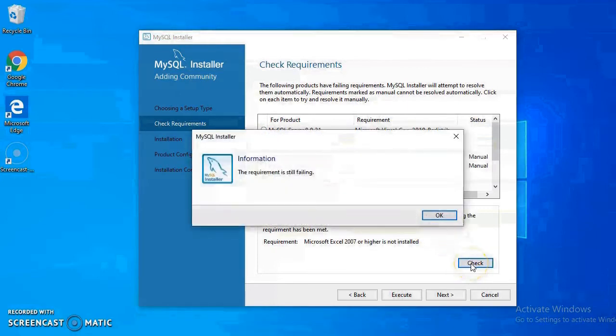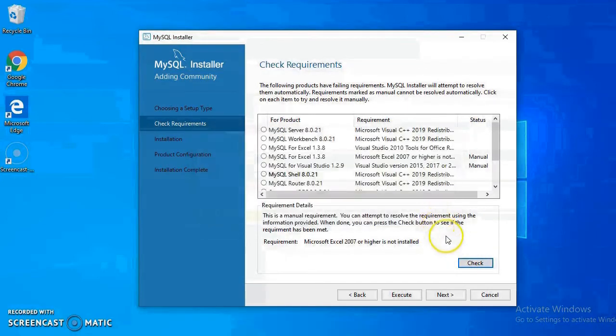You have to install Microsoft Excel. You need to install Visual Studio. Okay, if it is not available on your machine, you have to install it manually. And other requirements will be installed automatically by this installer itself.